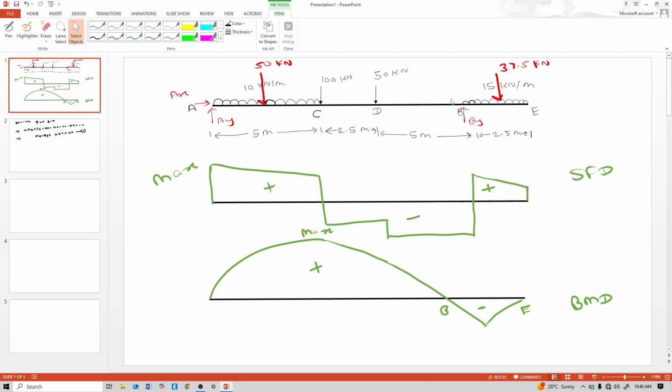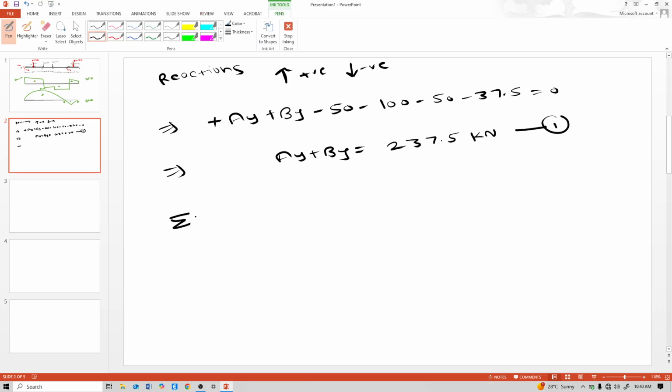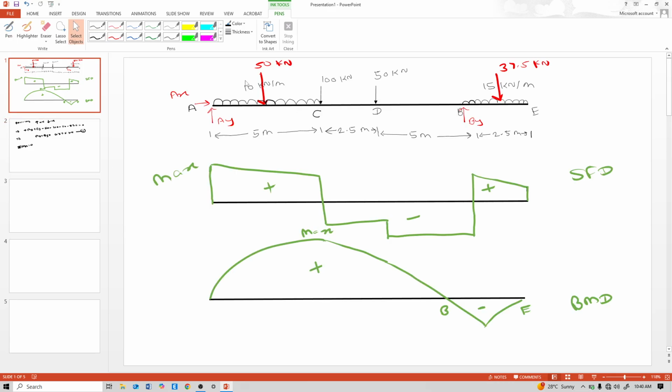So moment at point A is equal to, we will calculate the moment at this point A. We will go from left-hand side to right-hand side and see the forces. This 50 kilonewton is clockwise to that point A. Clockwise means positive. So 50 into, and the distance is 5 by 2,